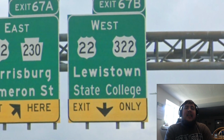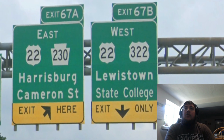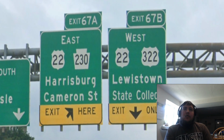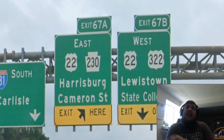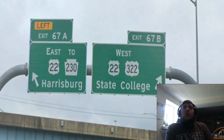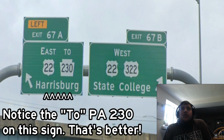And then we get eastbound US 22, which should be to Pennsylvania 230, because we don't quite meet Pennsylvania 230 if we go east on 22 for a little bit. But it gets correctly signed for Harrisburg, and we also throw Cameron Street on there because it doesn't really matter that much as long as we have Harrisburg on there. And then the silly signage of 81 southbound for Carlisle. Here's our actual ramp to get onto 22 and 322 westbound, signed just for State College, as it frankly should be, because